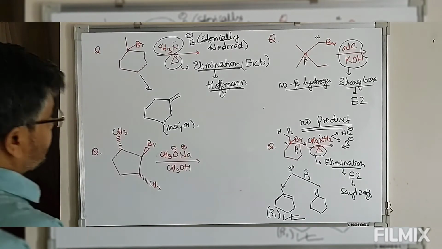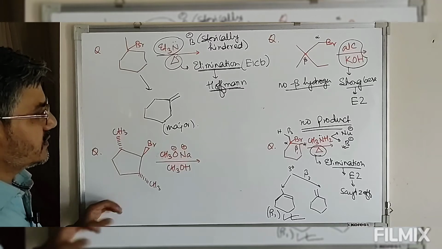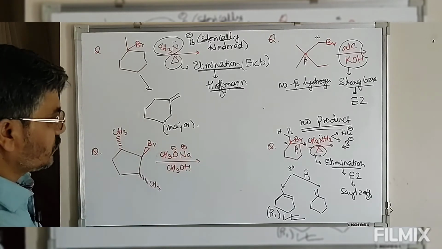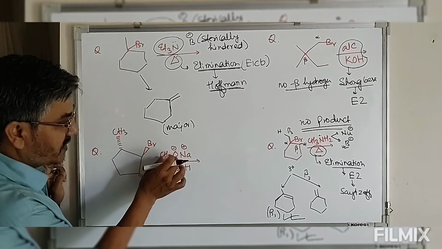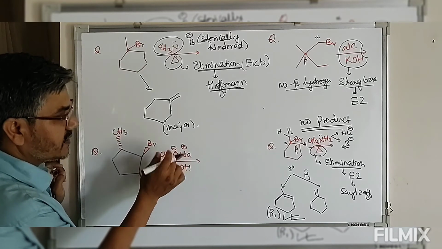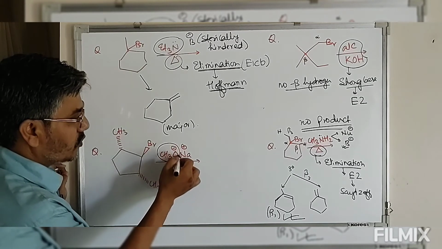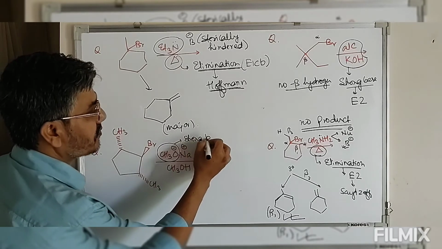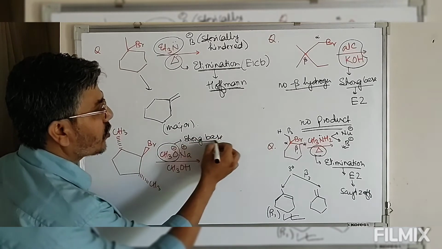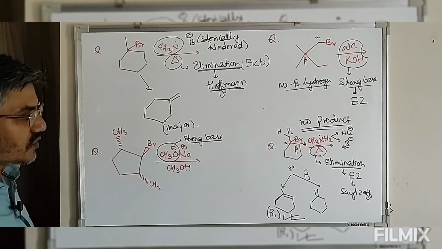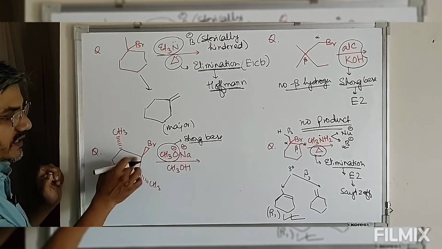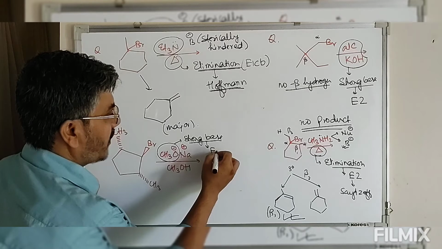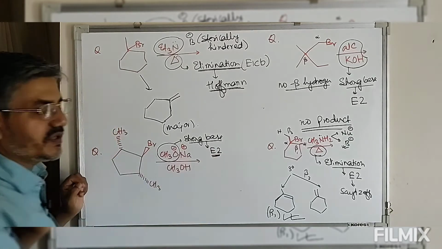Now we have this reaction, we have an alkyl bromide. Now this is treated with sodium methoxide in the presence of methanol. Now look at this, we have this methoxide, an alkoxide. Alkoxides are very strong bases. So in the presence of a strong base, you see this secondary alkyl bromide, the reaction has to follow bimolecular elimination.